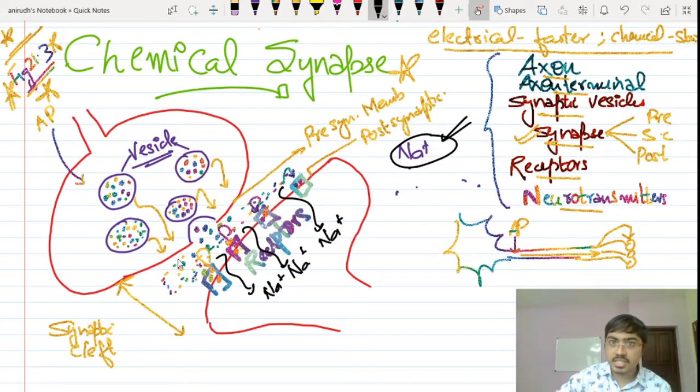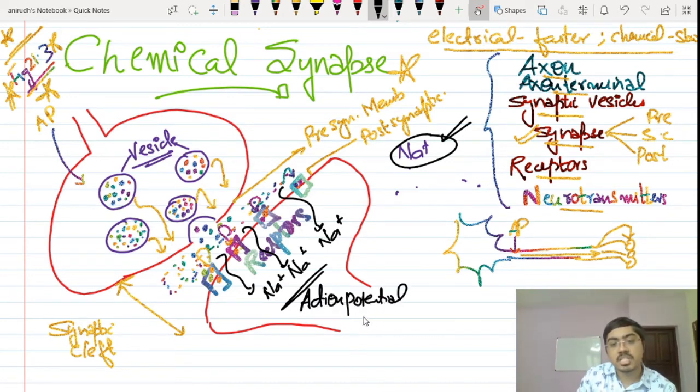So there is a high concentration of sodium outside the axon. Just like that, there is a high concentration of sodium outside this also. Sodium will come inside. More positive charge inside, outside will be more negative charges. It is the relative concentration of sodium outside and inside this particular axon which is determining the net charge outside and inside. Outside it will be more negative, inside is more positive. This is leading to something called an action potential.